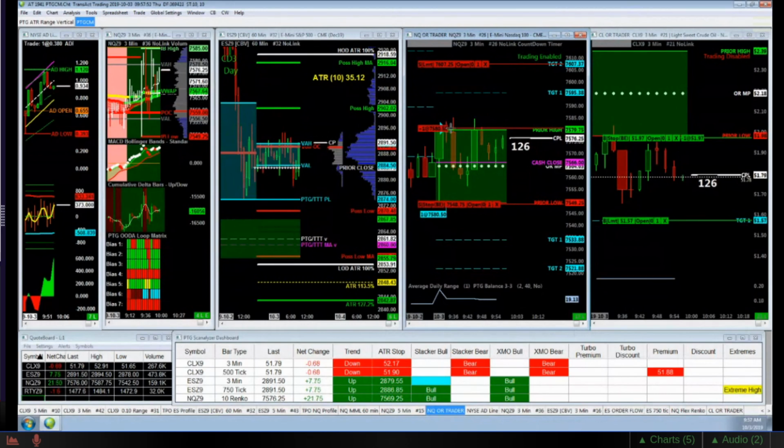So yes, I didn't get the best entry price, so to speak, because it's at the upper edge. But there will be days where, again, this strategy is a momentum type strategy. Like yesterday, we saw in crude oil, if you were around yesterday morning, we got a good position. We had four contracts yesterday, and we hit all three targets to the downside. So it was a big day.